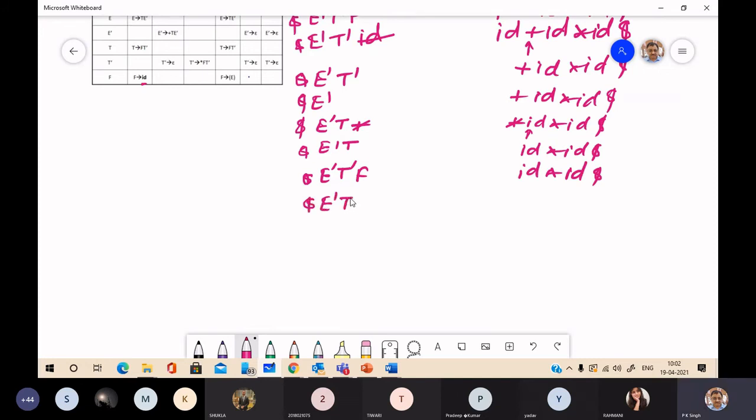Here ID asterisk ID, and the current input symbol is ID, the same symbol, so you can remove it. So the next step is E asterisk ID $. Now T dash and $. T dash and $ will say about this. You have to replace T dash by FT dash. So you will get $